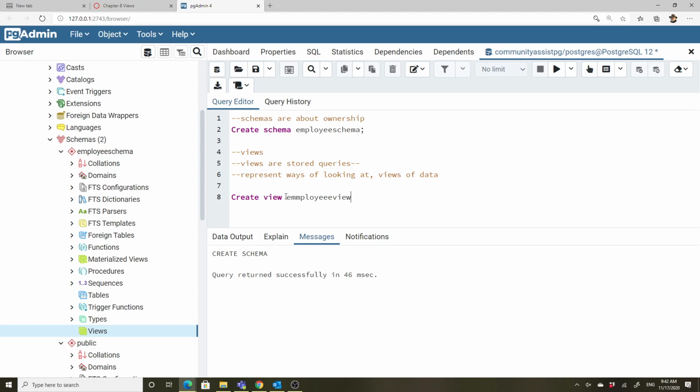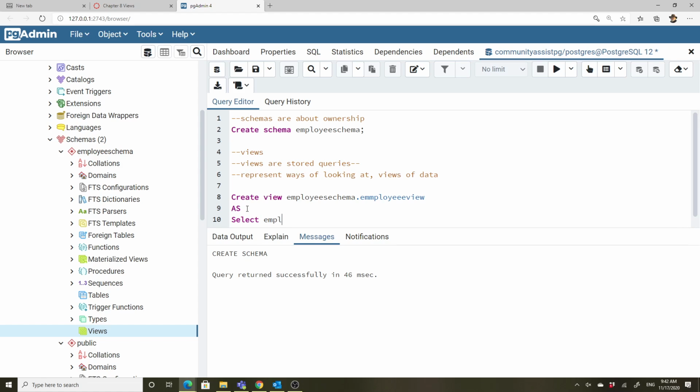In order to go to the schema, what we need to do is say employee schema dot employee view. Okay, so this is the beginning of a view. As I said, basically it is just a stored query. So here is the employee view as, there's always an as in this, and then we're going to say select